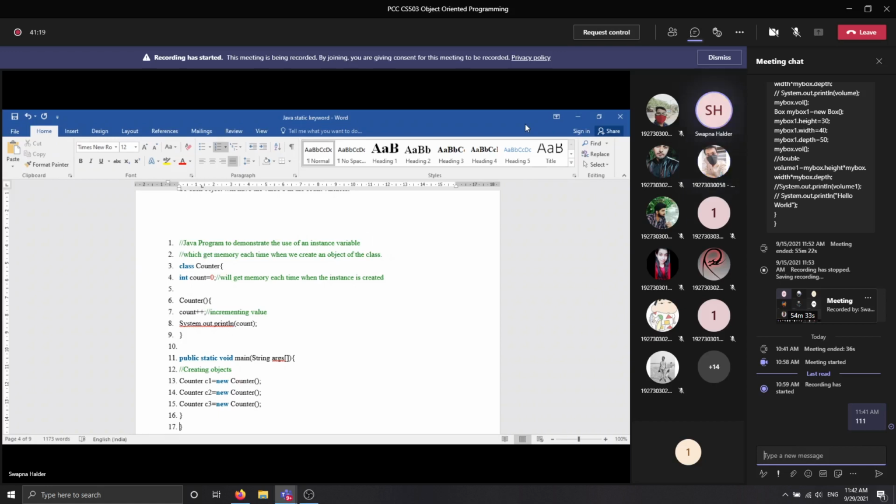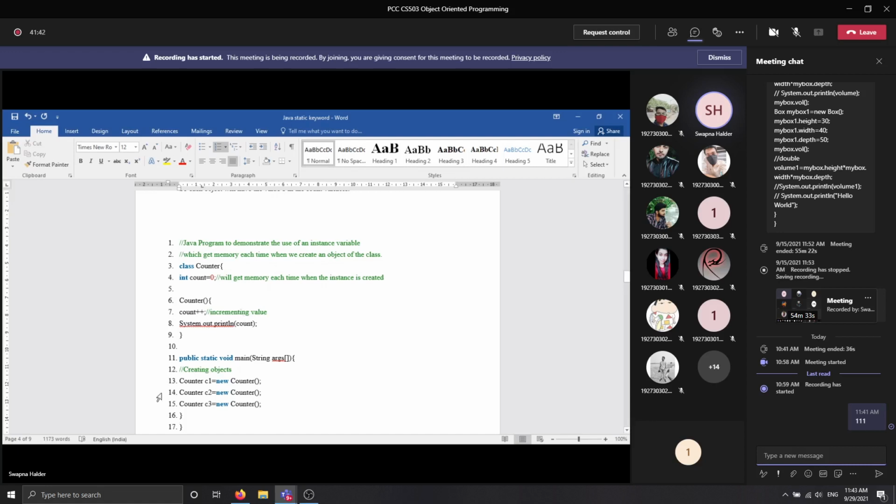This is the main logic. Whenever you are creating a new object, it will not hold the value of this variable. It will start from the new one. Creating an object means you are creating a new instance of that class, not holding the value of the previous one.